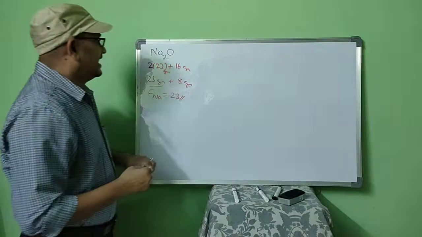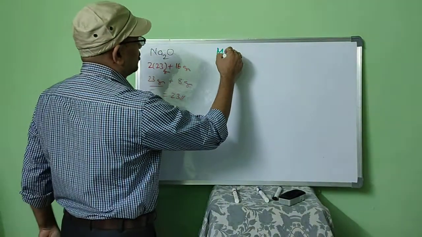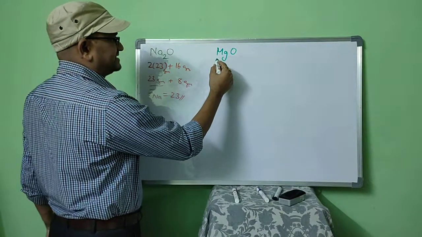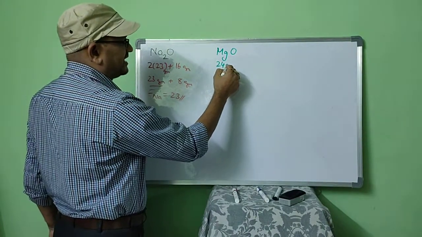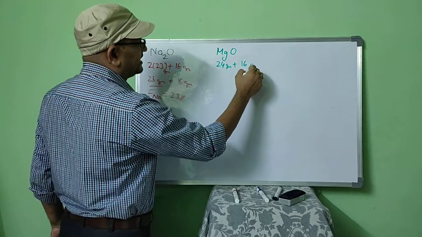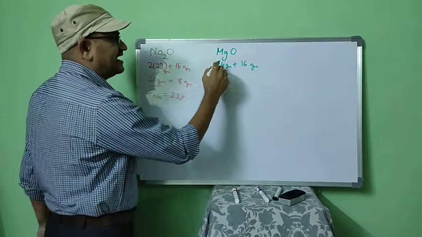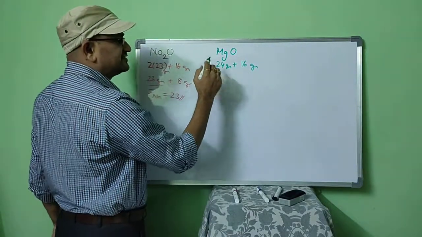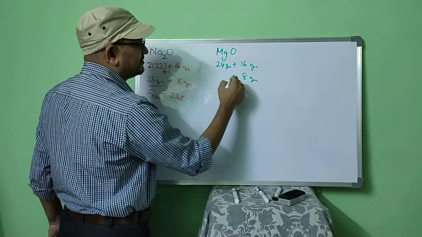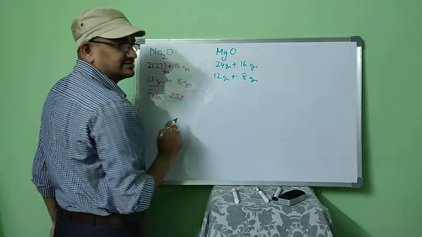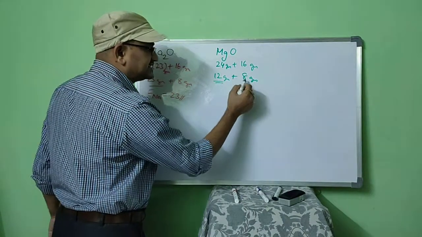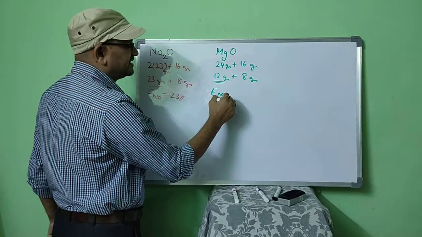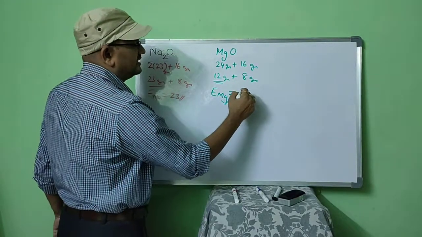Similarly, let us take another example, magnesium oxide, MgO. In this particular case, the atomic mass of magnesium is 24 grams, which combined with 16 grams of oxygen. See, they had reacted in a 24:16 mass ratio. As 16 grams of oxygen combined with 24, then 8 grams of oxygen had combined with how many grams? 12 grams. As per the definition, the amount of substance that combined with 8 grams of oxygen is said to be its equivalent mass. So, the equivalent mass of magnesium in MgO is 12.